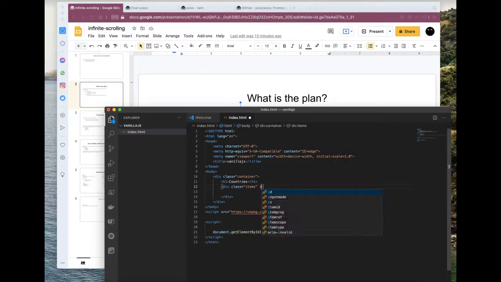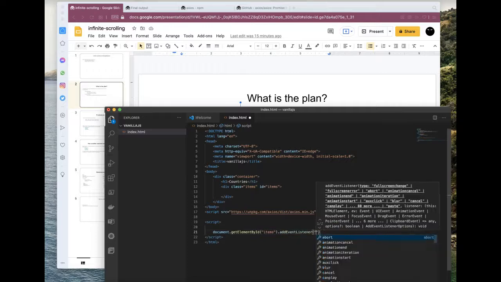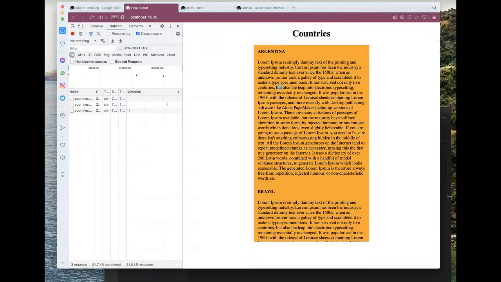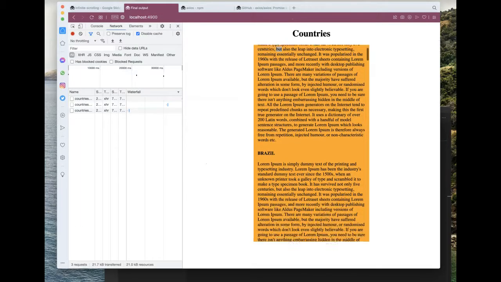We'll add an ID attribute as well. We'll add an event listener. So this event will be triggered whenever we are scrolling this element.